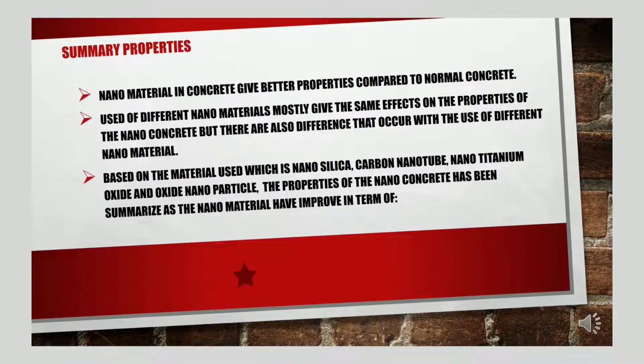Now, let's proceed with the summary of properties of the nanoconcrete. The use of nanomaterial in concrete will give better properties compared to normal concrete. The use of different nanomaterials mostly gives the same effect on the properties of the nanoconcrete, but there are also slightly different effects that occur with the use of different nanomaterials. Based on the materials that have been used, which are nanosilica, carbon nanotube, nano titanium oxide, and oxide nanoparticle, the properties of the nanoconcrete have been summarized as the nanomaterials have improved in terms of